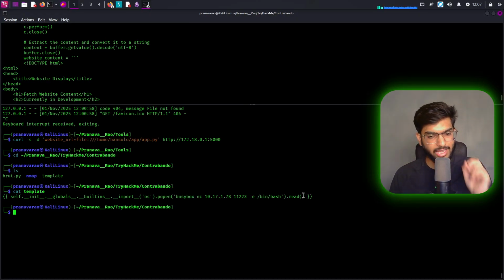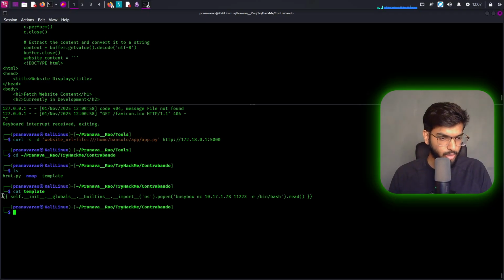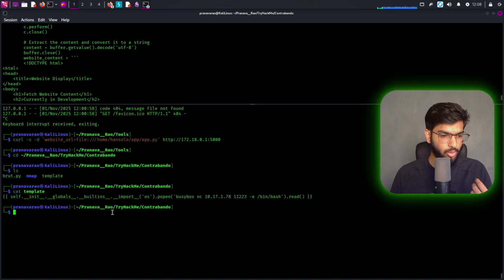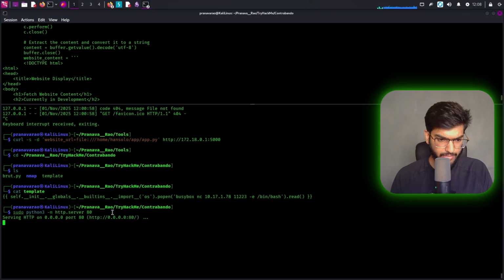Okay, so it's going to take in the attacker's IP address and run the /bin/bash shell back to us. So we'll be hosting this template such that it's going to download this, and when it reads the contents, it's going to read the command to be executing a /bin/bash reverse shell to us. Let's host it here: sudo python3 -m http.server on port 80, where we have our template file, and modify this